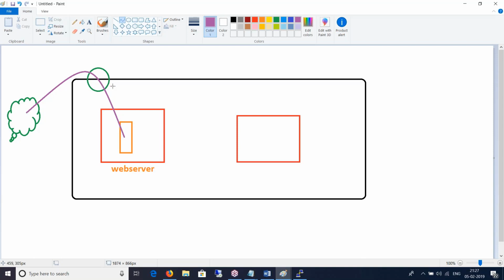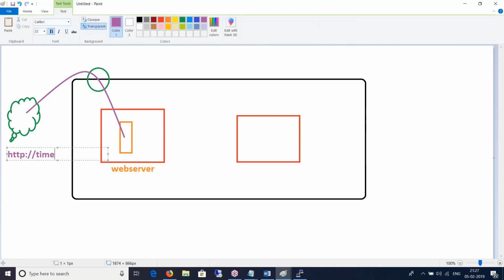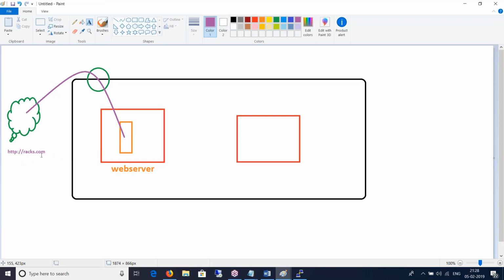So let's say your web application is hosted there, an e-commerce application called, let's say I'm selling racks, racks.com.